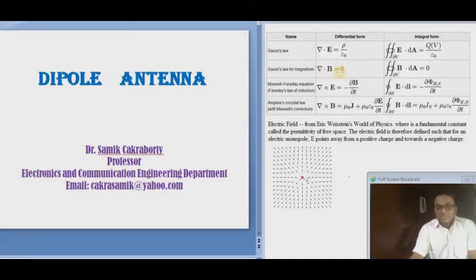It actually shows the non-existence of the magnetic monopole. It means that, unlike the electric field, the magnetic field is always a closed loop in nature. So whenever an electric field is generated, the associated magnetic field will always be in a closed loop. As it is in a closed loop, therefore if the electric field is going even outside the